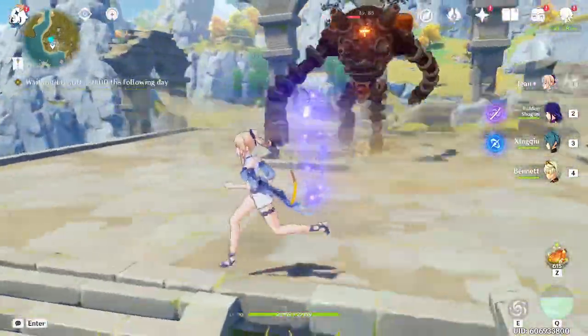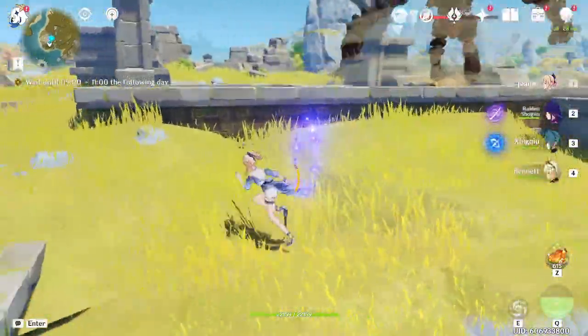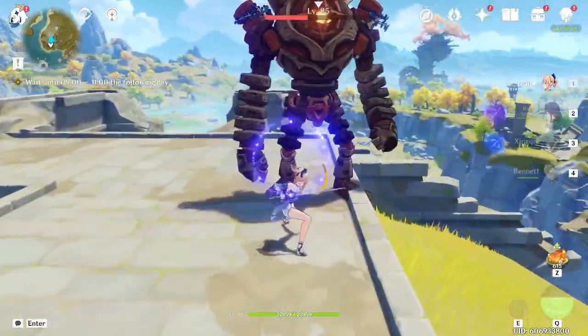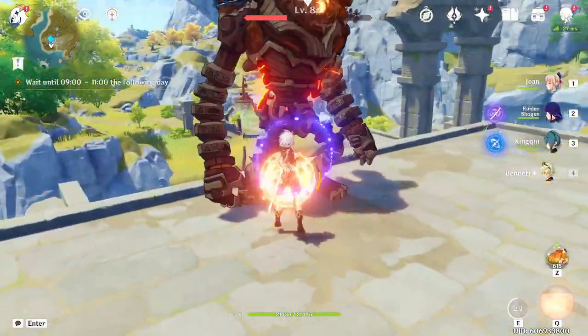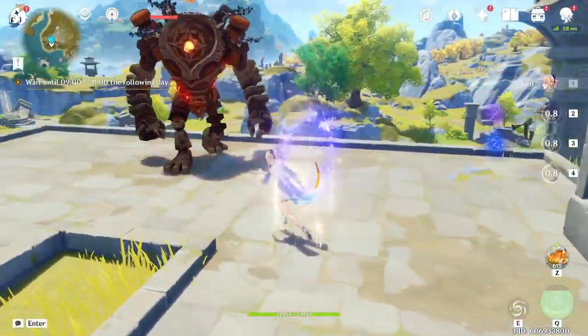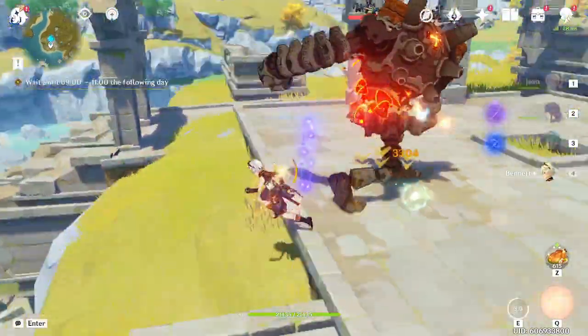So why would you want to use something like this? Well, there's a couple advantages. One is that it also VV shreds at the same time, so it means that the pyro field will also do increased damage. This also means that Jean, since you want to build her for full EM anyway, for her own swirl damage and stuff like that,